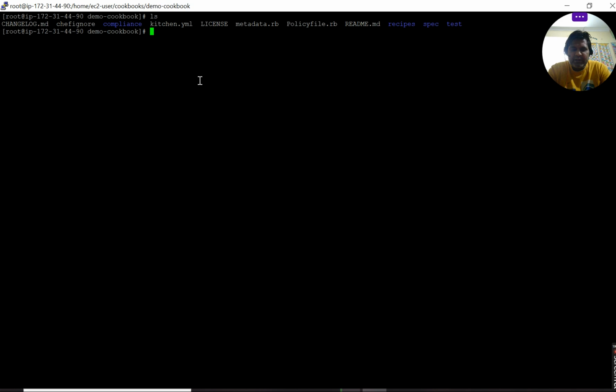Now I have to create one recipe, so `chef generate recipe`. Right now I don't need to create any cookbook because the cookbook has already been created, and I have also created one recipe named demo recipe. But just to show you how we can create a new recipe in the same cookbook: chef generate recipe, then the recipe name, let's say demo2 recipe,